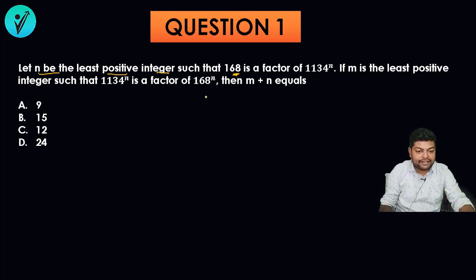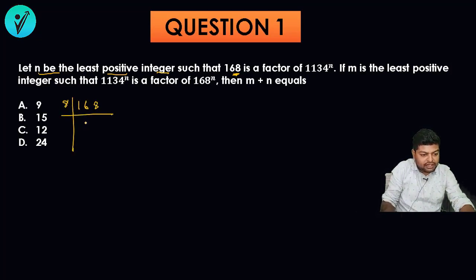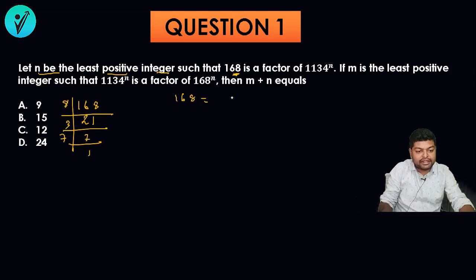When you factorize 168, in the table of 8 it will be 2 times, and it will be 1, it will be 3 and it will be 7. It will be 7 and it will be 1. So we can say that 168 can be represented as 2 to the power of 3 into 3 to the power of 1 into 7 to the power of 1. Similarly, suppose we are factorizing